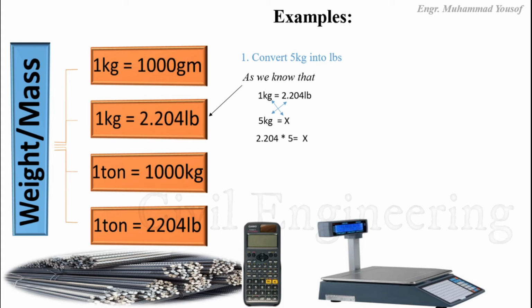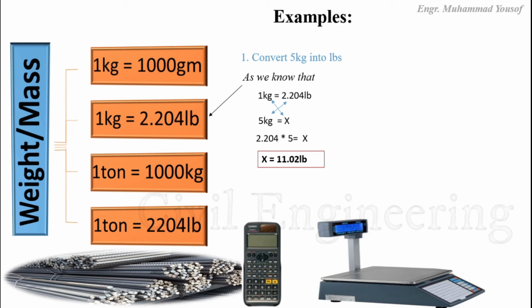By applying cross multiplication we get 2.204 multiplied by 5 is equal to x multiplied by 1, and anything multiplied by 1 is equal to that quantity. Therefore I write here only x. Now to calculate the value of x, by using a calculator we get x is equal to 11.02 lbs, which means that 5 kg is equal to